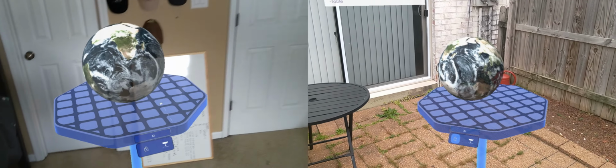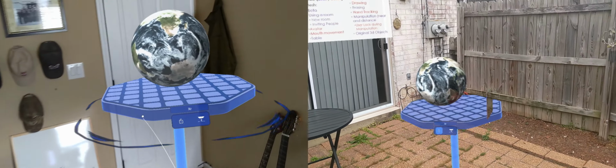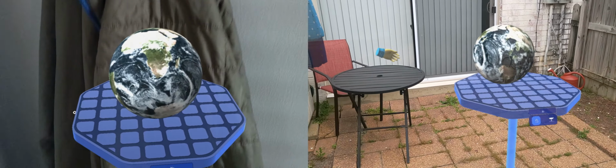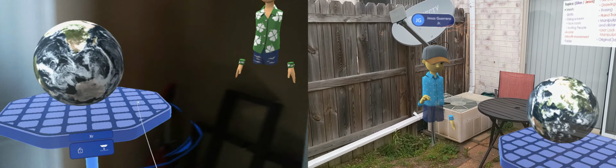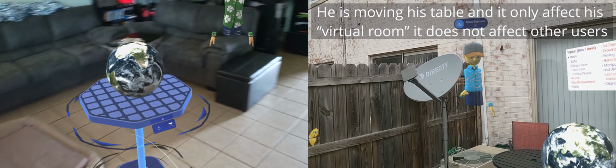So I can go ahead and unlock the table, and I'm going to grab it, and we see everything is moving here. I'm going to do this a little slowly, so just bear with me. Silas might not know exactly what I'm doing at the moment, but if you need to move, I can actually go downstairs and I'll place this.